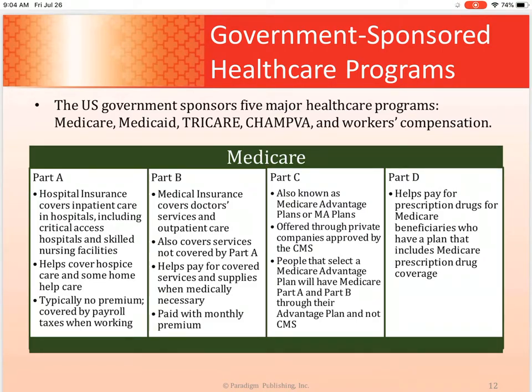That's going to cover that, but you are paying a separate monthly premium for Part B. Now, Part C is known as Medicare Advantage or MA plans. Now, Medicare Advantage is kind of like